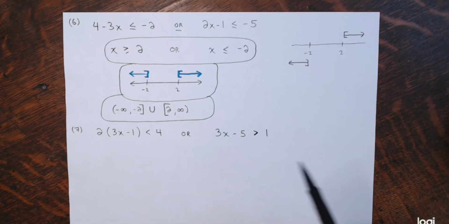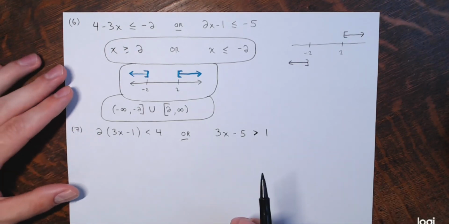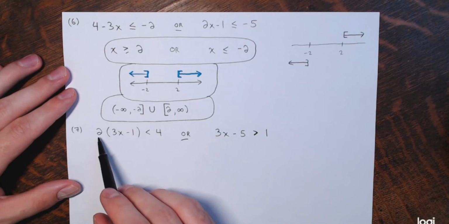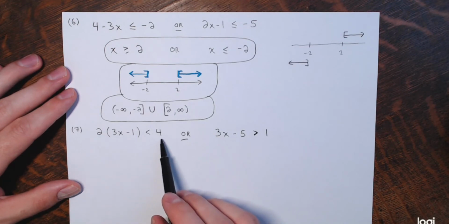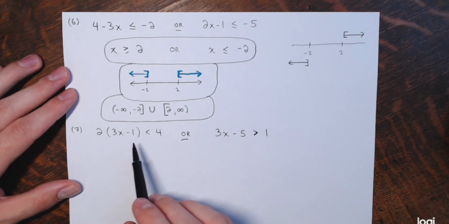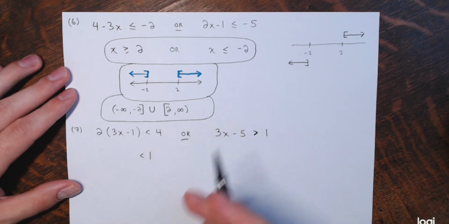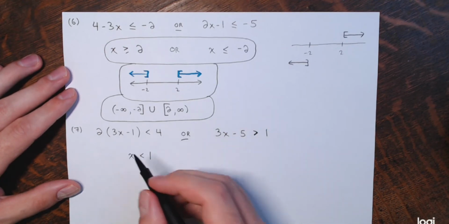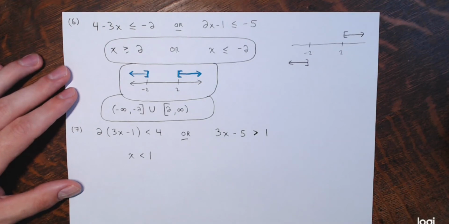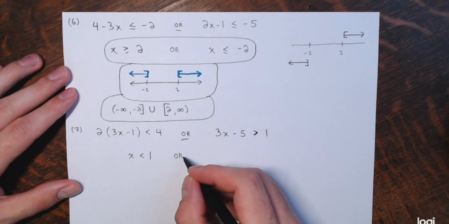So next one, again, you got a couple inequalities to solve, and again connected by the word or. First step, on this one I divide by 2. I would change the right side to 2. Then I would add 1, making it 3. Then divide by 3, making it 1. And you still have is less than, because at no point did I multiply or divide by a negative number. So I have x is less than 1, or